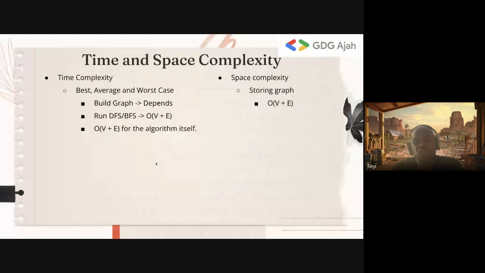So yes, for sorting, it's not efficient, but you can do topological sort. So what's the time complexity? You need to build a graph, which can be very expensive depending. Then you can run DFS or BFS, which is O of V plus E, which is vertices and edges. So the topological sort itself runs in V plus E time, which is linear, which is fine. But building the graph can be expensive. It can become quadratic, depending on how they give you the graph. But if the input is already given to you as a graph, then topological sort is efficient.